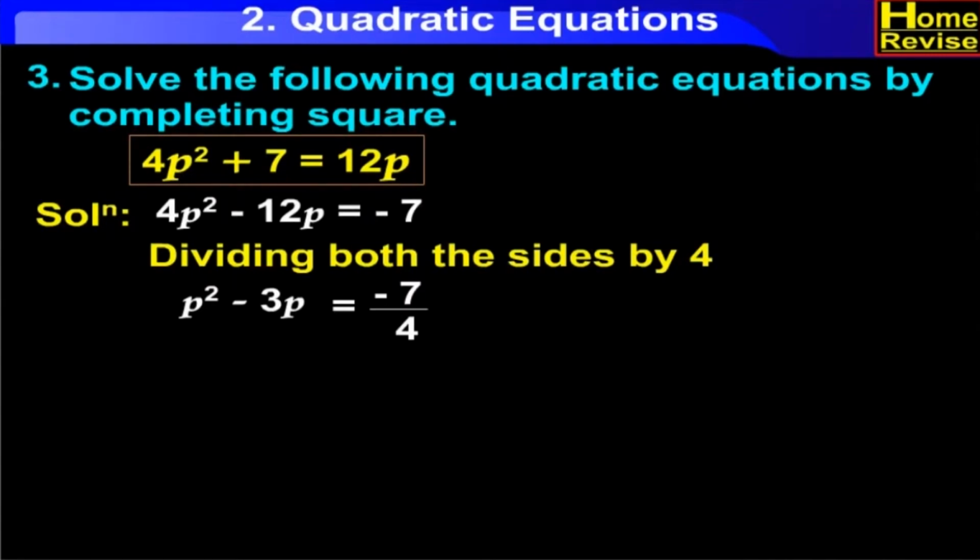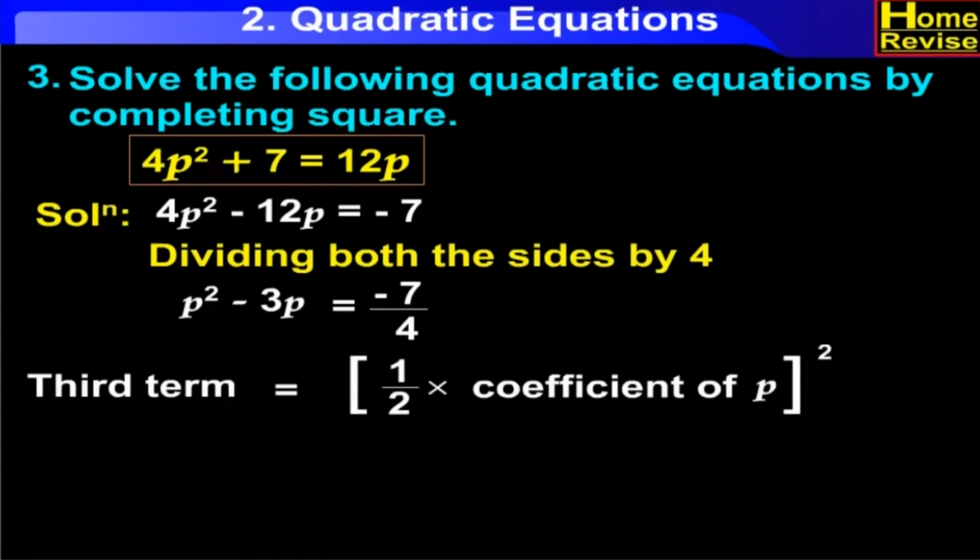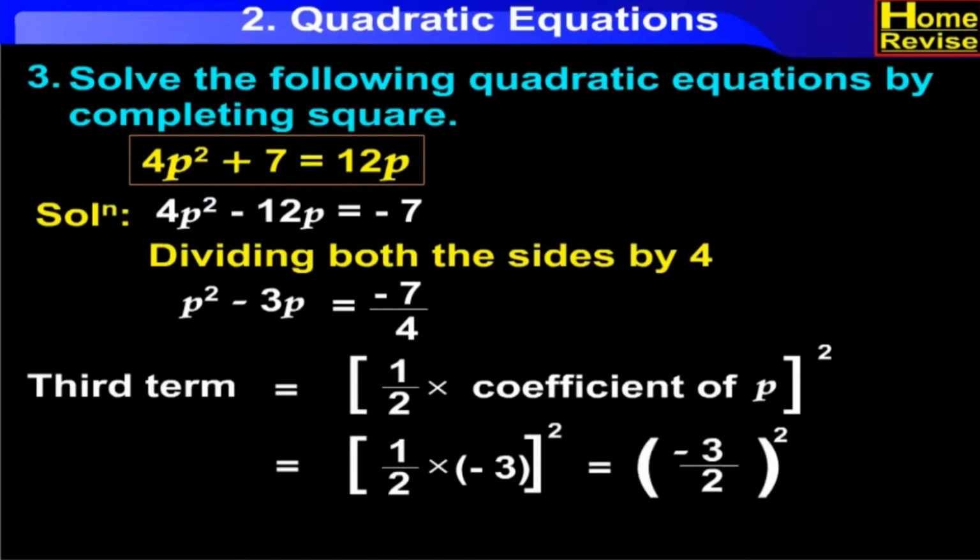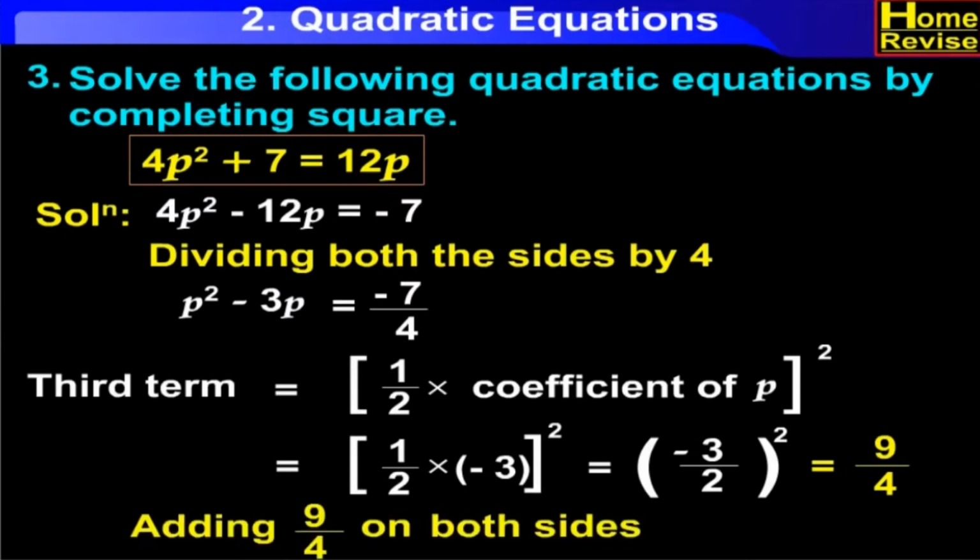Now, we will make the LHS a perfect square by using third term is equal to half into coefficient of p whole bracket square, which is equal to half into minus 3 whole bracket square, which is equal to minus 3 upon 2 whole square, which is equal to 9 upon 4. Adding 9 upon 4 on both the sides, we get